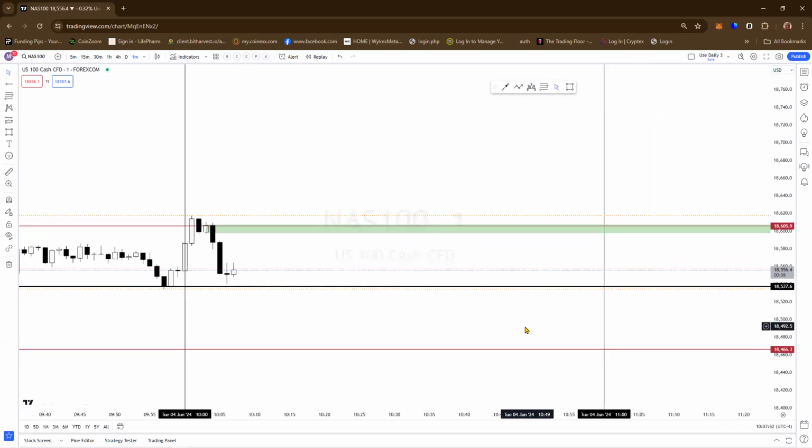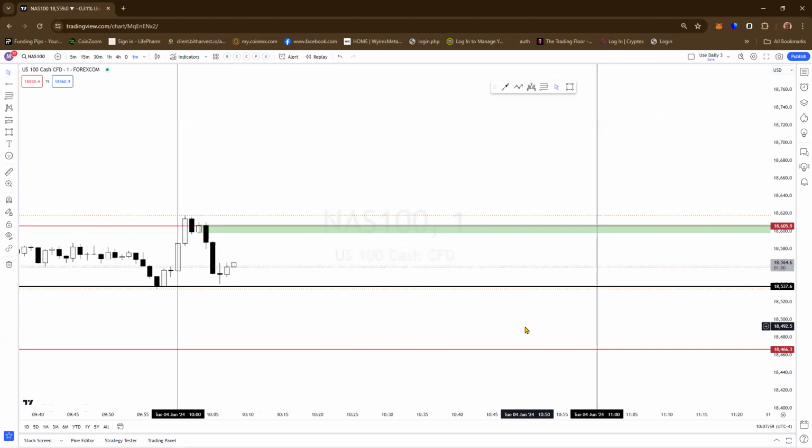So yeah, I do this pretty much every day from 10 a.m. to 11 a.m. to see if I can find an opportunity to get into the market. If nothing really develops, then I'm not going to take a trade. But so far, actually, we'll be trading a challenge. I actually signed up for a challenge. I'm trying to get past phase one. Phase one is to pretty much make